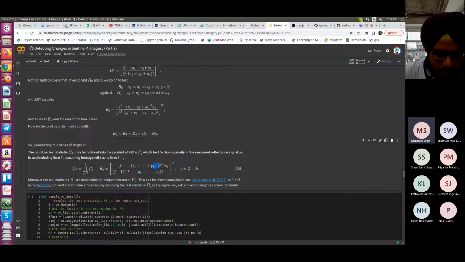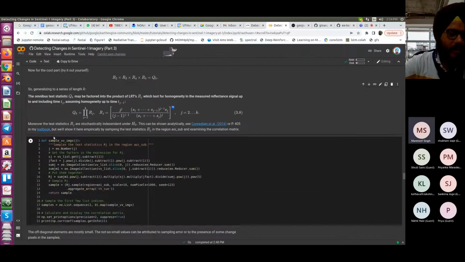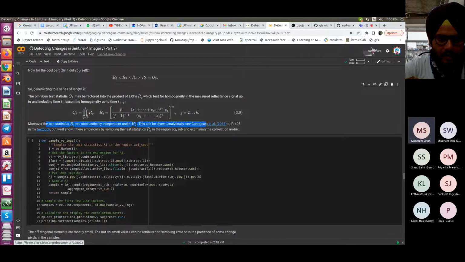The numerator is up to j minus 1, the denominator is up to j, and here you see we multiplied with j, take the whole thing raised to power m. And moreover, the test statistics Rj are stochastically independent under H naught. This can be shown analytically. See Conradsen 2016 or page 405 of this textbook. But we'll show it here empirically by sampling test statistics Rj in the region AOI sub and examining the correlation